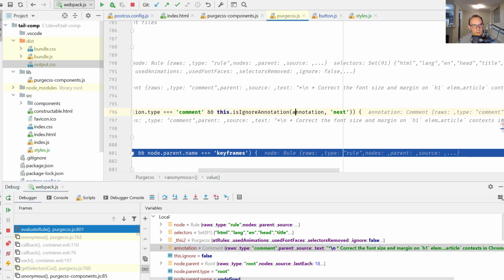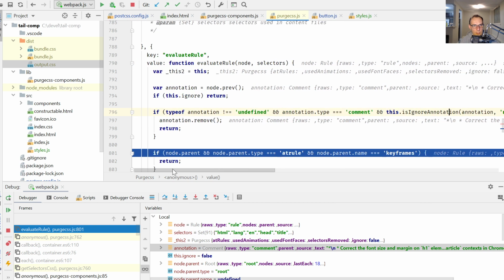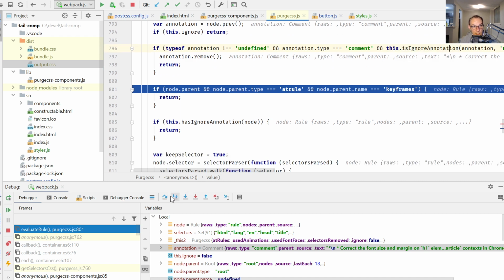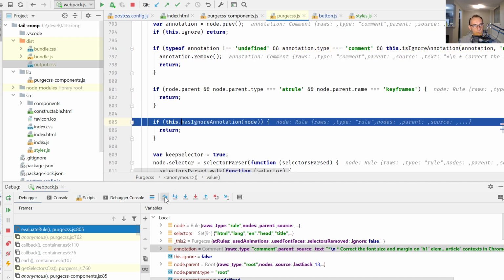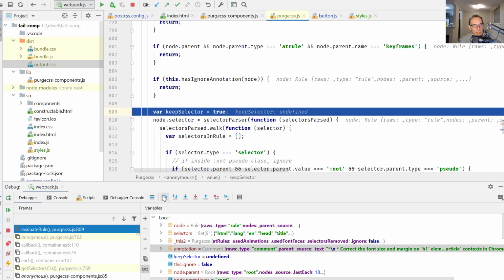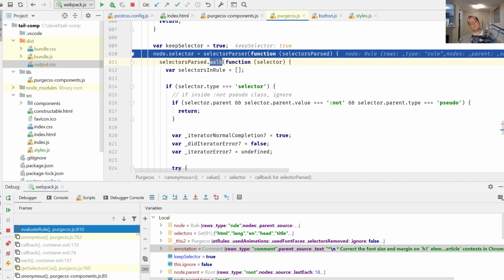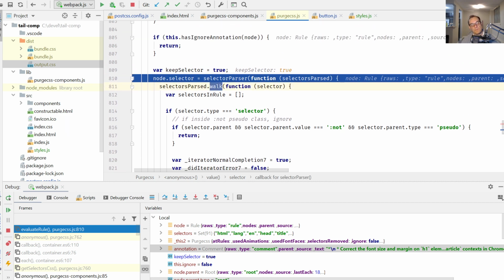Annotation is ignore annotation. Okay, that must be an option somewhere. Whatever. So I guess it removes it if someone chose to remove them. Okay, fair enough. Keep selector. Selectors parsed. Okay, just before we go into the walk function, at this point it picked up